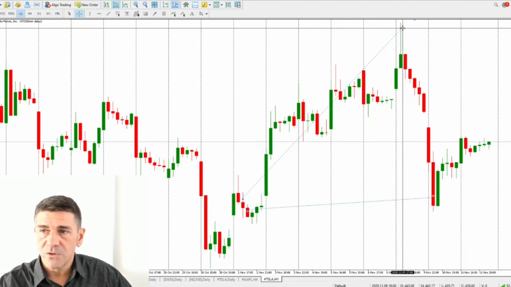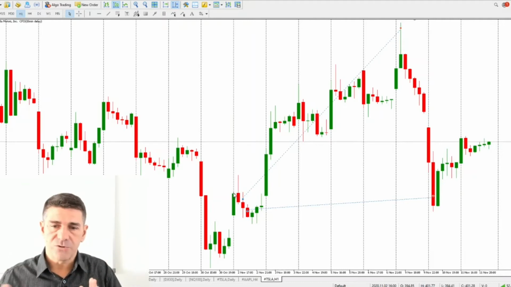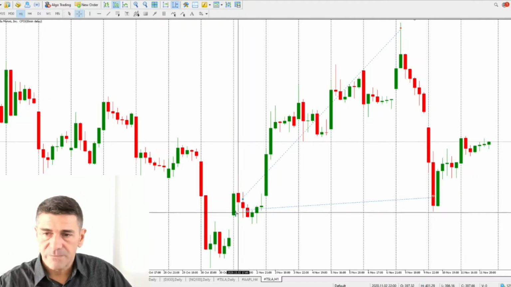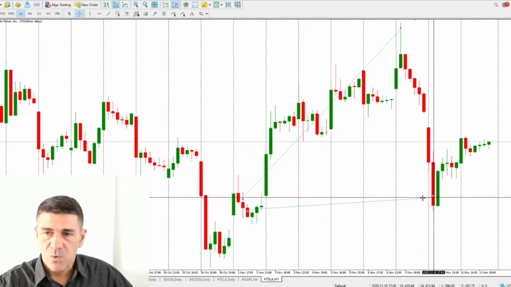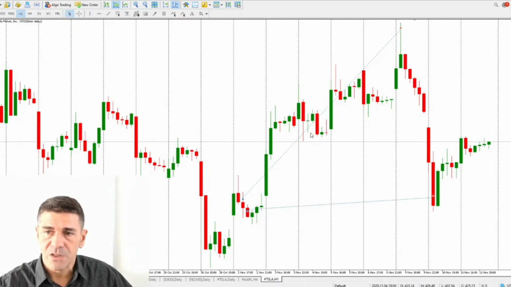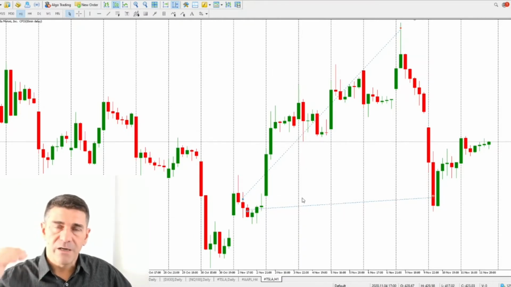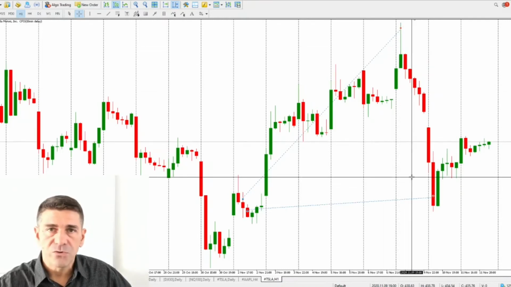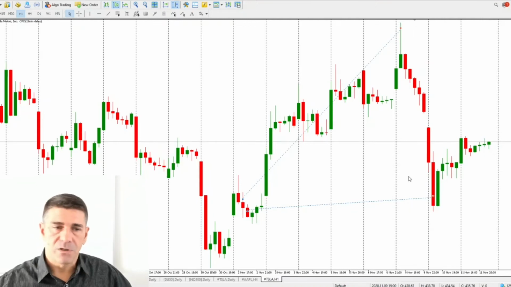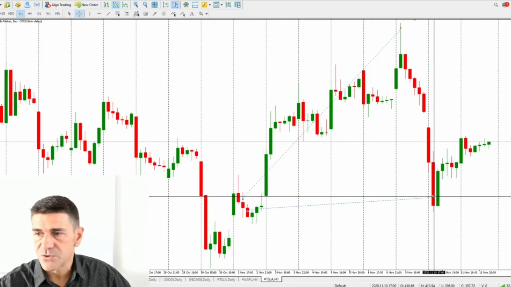We closed this part of the position here in order to maximize our profit, at least in a short-term perspective. The second part of the position was closed by the stop loss, but keep in mind, once the market starts to move in your direction, you just move the stop loss a little bit higher. In this way, you know that whatever happens, you are not going to lose any money. You are going to register a higher profit or a lower profit, but you are not going to lose money, which is very important. So the second half of the position was closed at